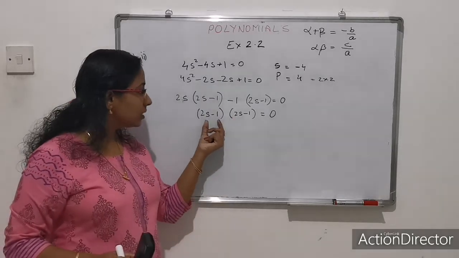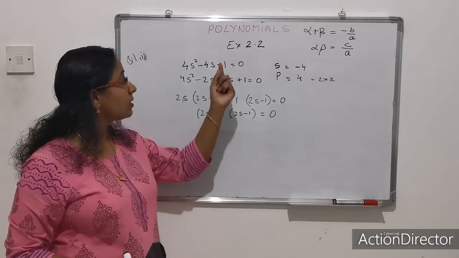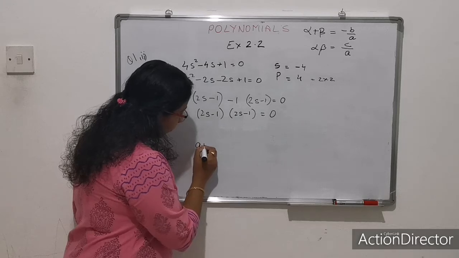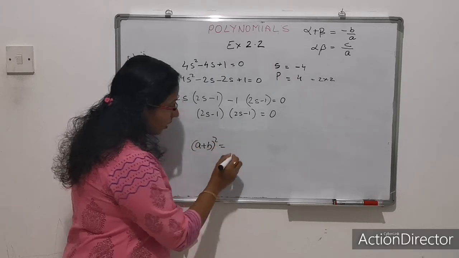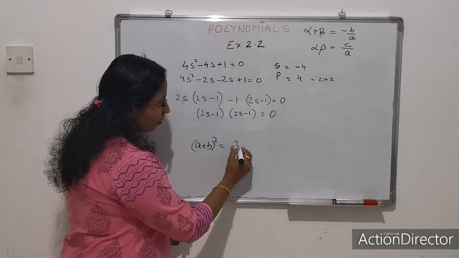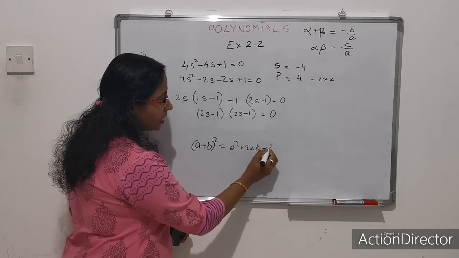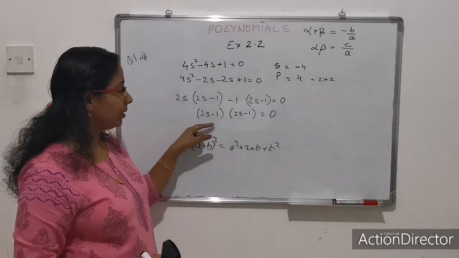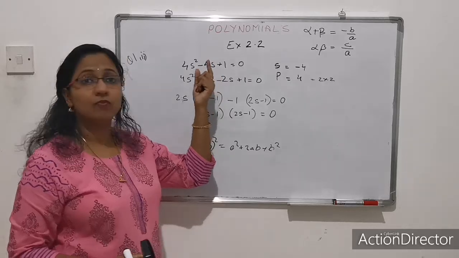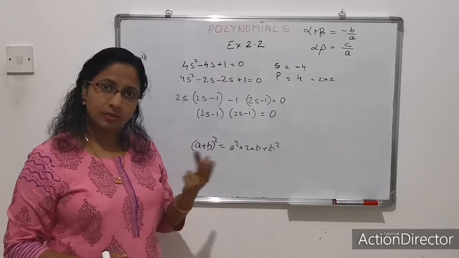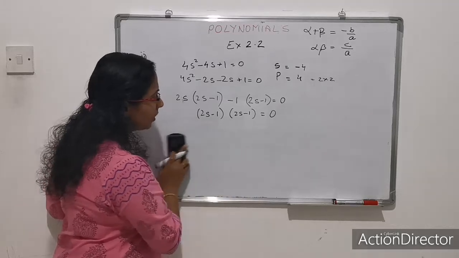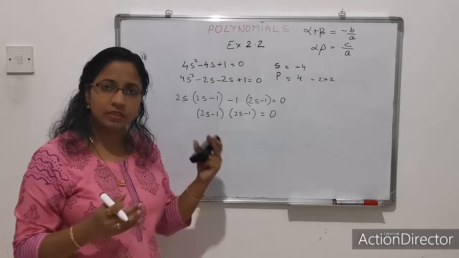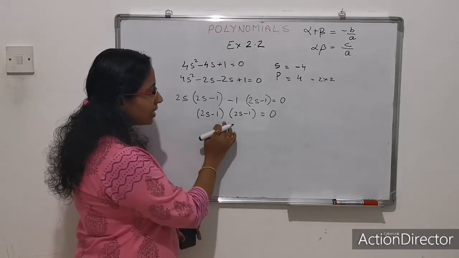Since these both are same, it means it was a perfect square. Now what is a perfect square? Where the a plus b whole square formula can be used, that is a square plus 2ab plus b square. This is a perfect square. Since you are getting the same factors, it would have been a perfect square. But it's okay. You can do it with middle term splitting. Always try to do it with middle term splitting so that you don't have to think much. It's easier, right?